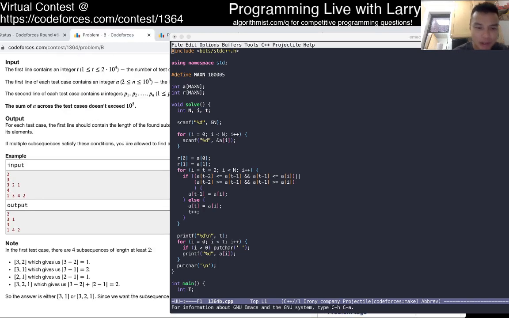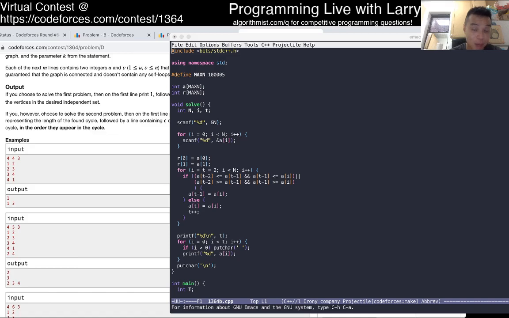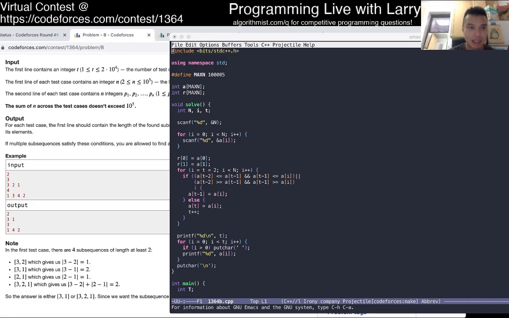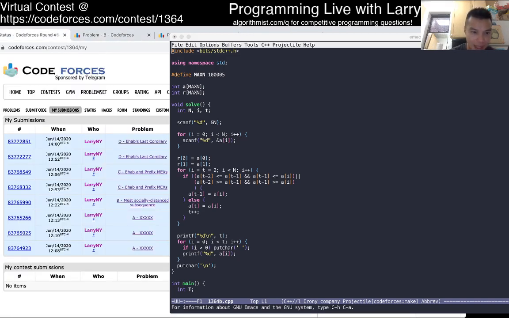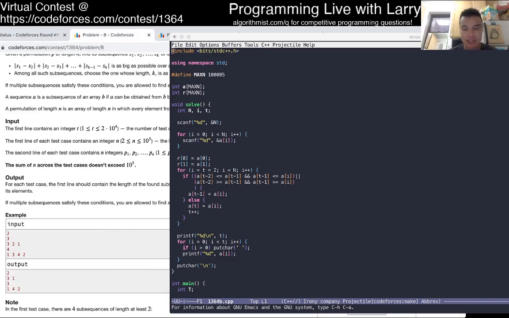So I think I did pretty okay. I just needed to be faster on problem A, really. From B and C, I think I did okay in terms of timing. In B, I took 9 minutes, and in C, I took half an hour plus a wrong answer. Okay, but B, most socially distant subsequence.